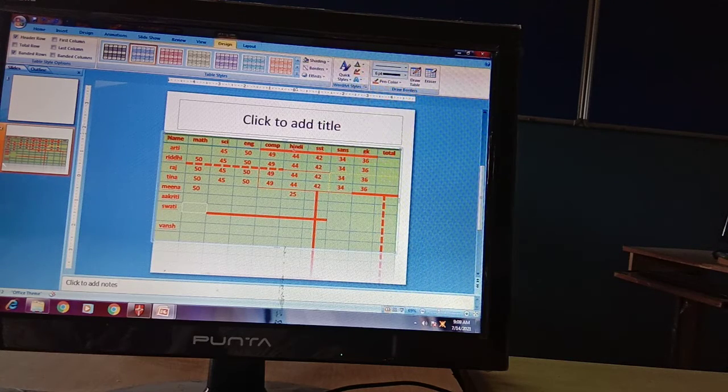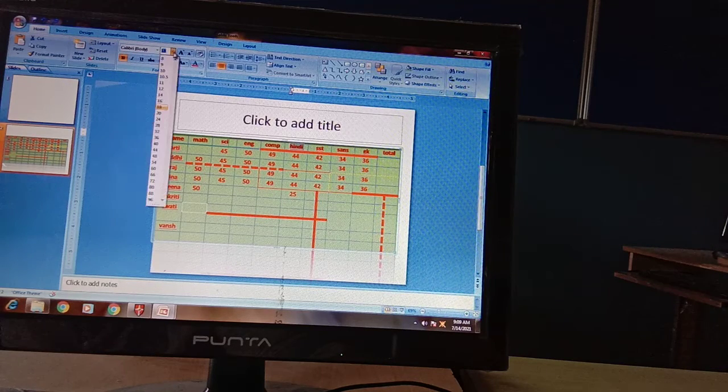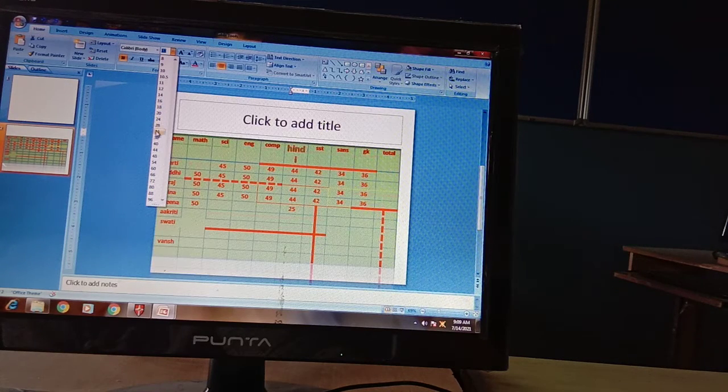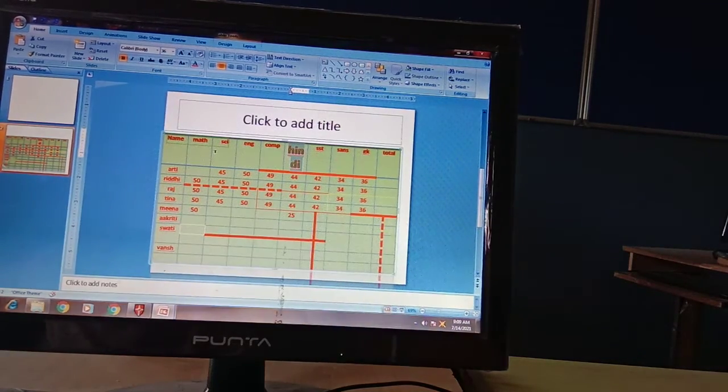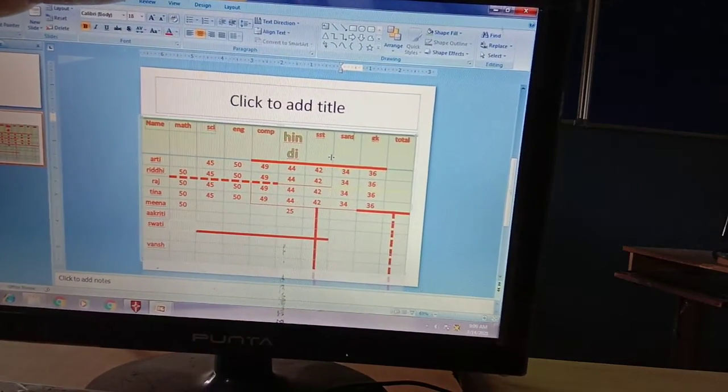So if you are able to see, I am making it a little bit larger, then it will be displayed to you very easily. See, your outline color is red and the inner color is green. Okay, outline color is red and the inner color is green.